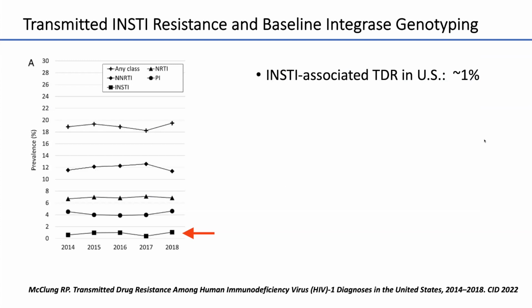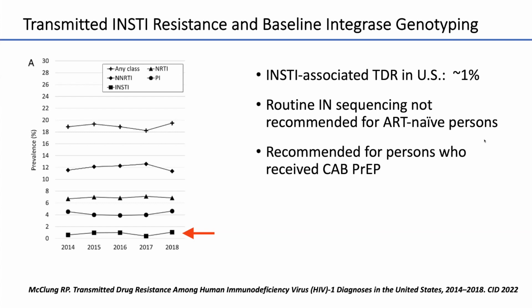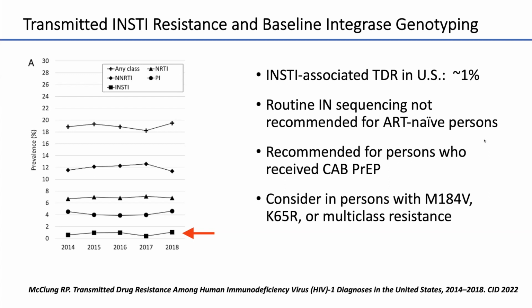Ceccherini Silberstein shared with me, that is about to be published from Europe, showed that these very low rates of transmitted INSTI resistance in Europe have persisted even through years 2019 through 2021. As a result, routine integrase sequencing is not recommended for ART-naive persons. However, it is recommended for persons who previously received PrEP with cabotegravir, and I believe that it's also recommended for people considered to be at high risk of transmitted resistance, and I believe that that category should include people